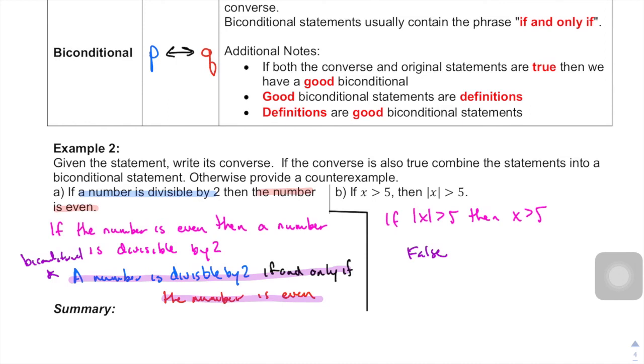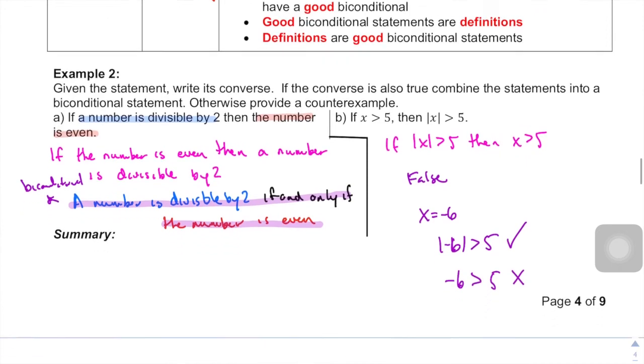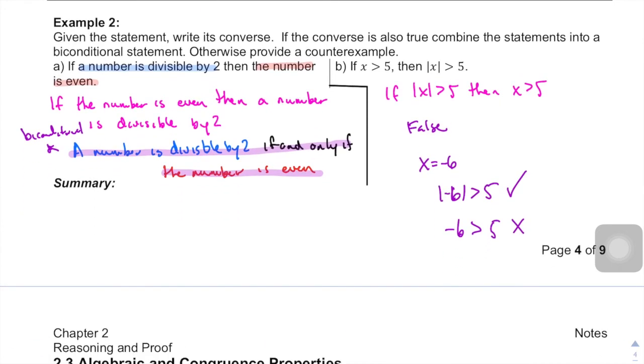Well, if I satisfy that first hypothesis, let's say x equals -6, then we have the absolute value of -6 is greater than 5. That checks. However, -6 is not greater than 5. So -6 as an x value would be a counterexample, and that would be false. All right, that ends today's lesson. For summary,